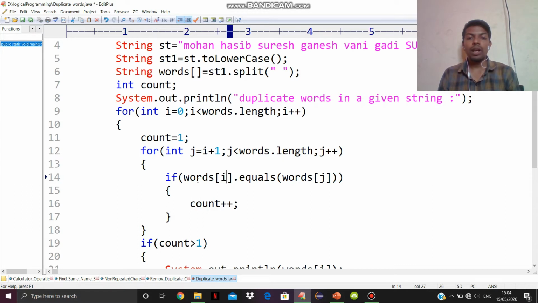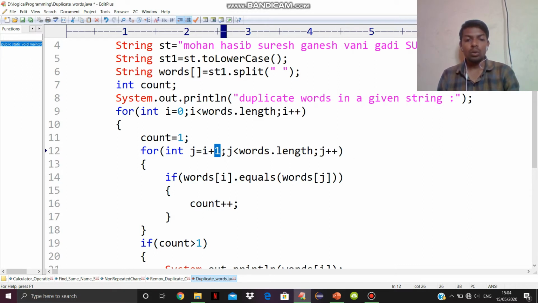What is the value at index 0 in the array? Mohan equals word[j]. What is the j value here? 1. What is the value of word[1]? Hasib. So Mohan equals Hasib. Condition false. So again the j value will be incremented by 1.